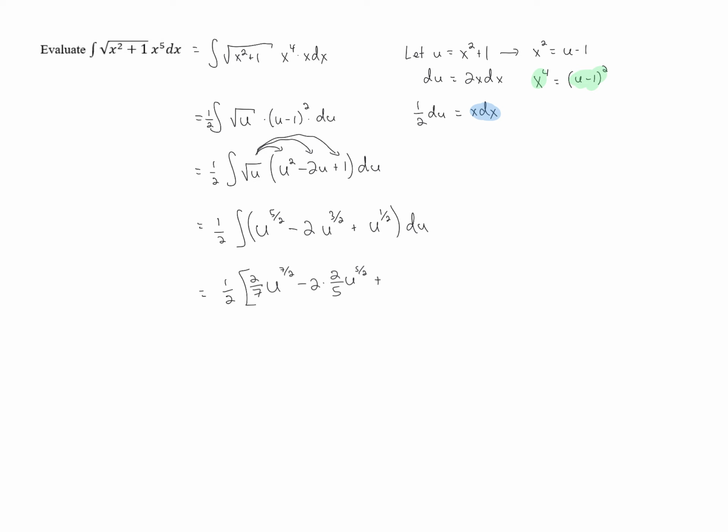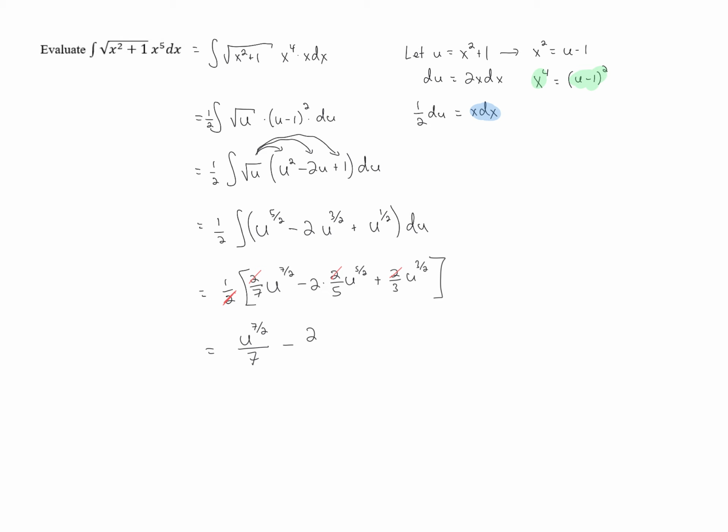And then plus the integral of u to the 1/2 is u to the 3/2 divided by 3/2, which is the same as times 2/3. And one nice thing is that the 2 out front in the denominator cancels with all those 2's in the numerators. So then we end up having u to the 7/2 over 7